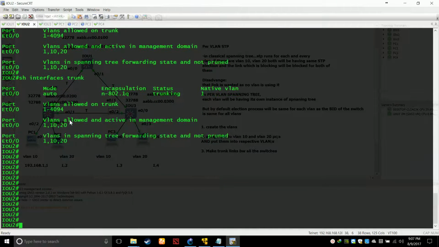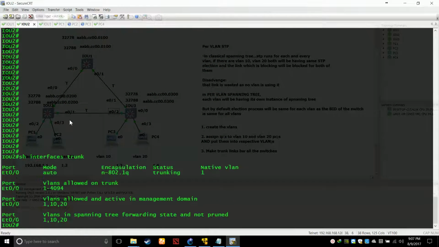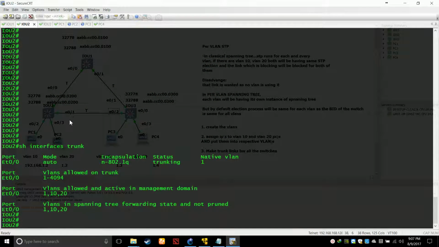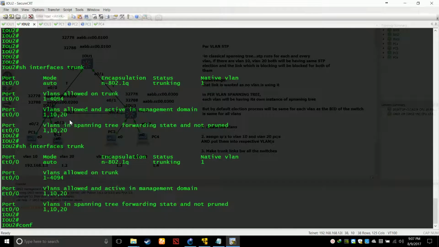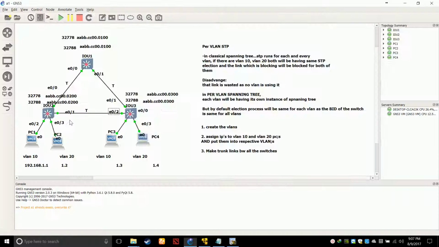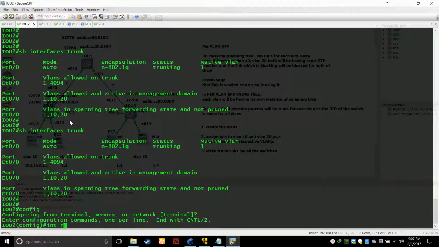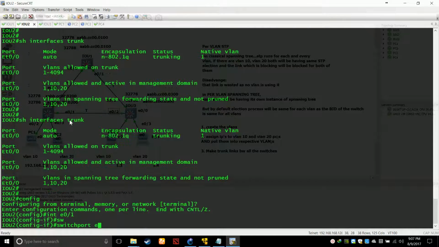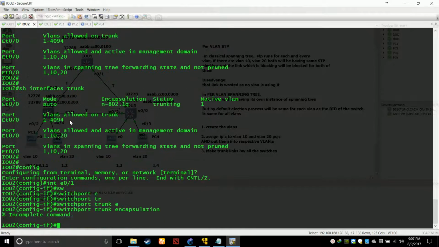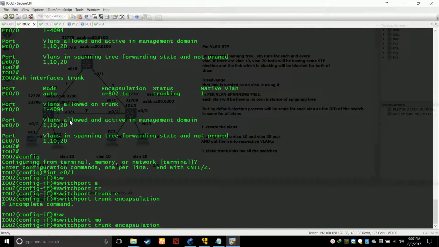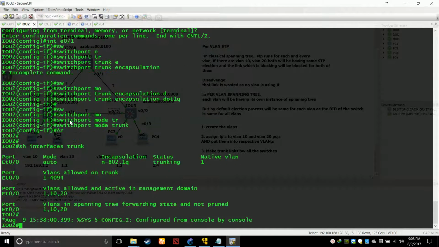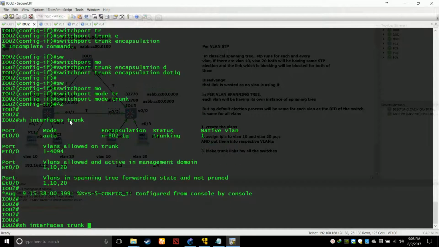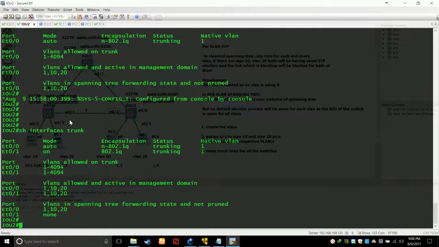Okay, I know why it is happening. See, the thing is, spanning tree is right now in effect. So config t, interface E0/1, switchport trunk encapsulation dot1q and switchport mode trunk. Even now, if you do that, wait for a few seconds and you will see nothing is happening.